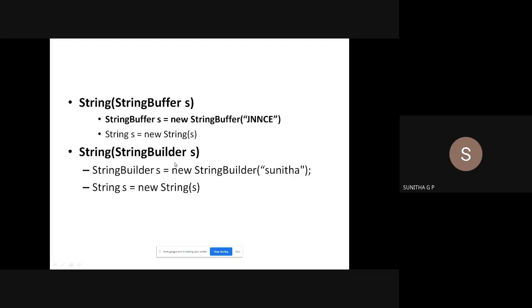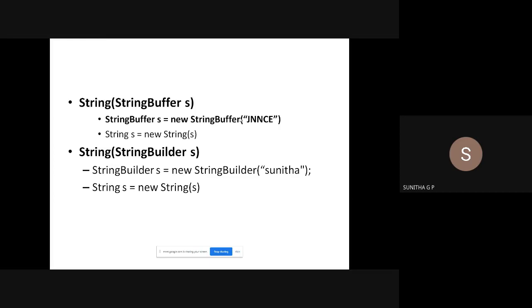We'll see what this StringBuffer and StringBuilder are tomorrow. You can just think that from different objects like StringBuffer and StringBuilder, a string is constructed, and also using bytes, the ASCII values of the integers, a string is created, and using the character sequence a string is created.